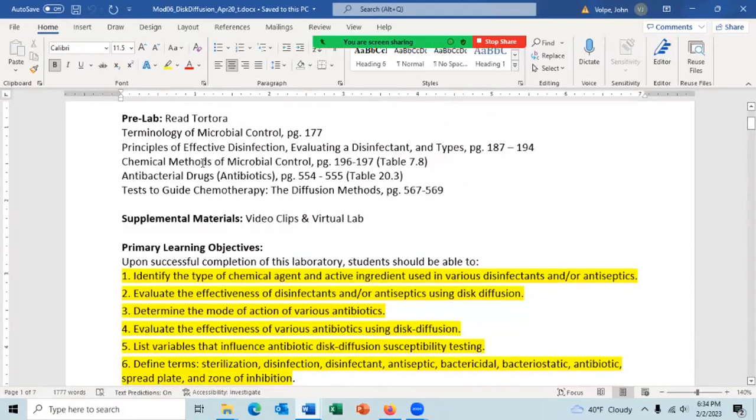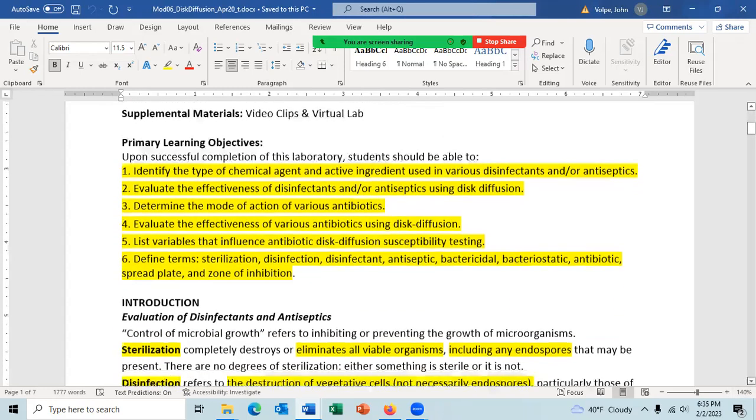So there's some reading to do for this lab, but not very much. Reading a page there, a couple of pages here on the principles of infective disinfection, a page there on chemical methods to microbial control, reading a little bit about, gosh, that's really only a page on antibiotics and taking a look at the table. And then test to guide chemotherapy, 2 pages there. There are some video clips today. I don't believe there is a virtual lab, but